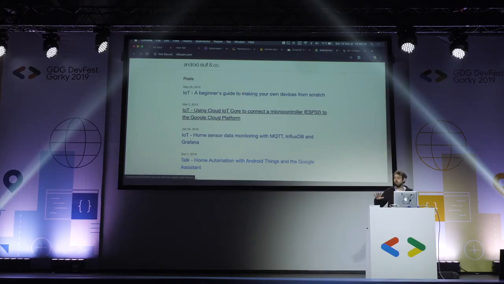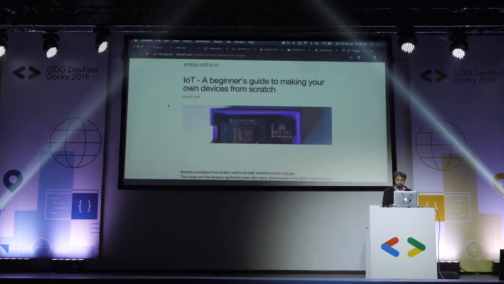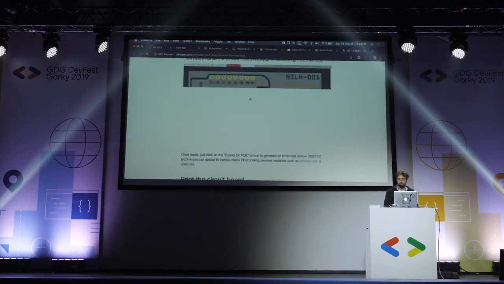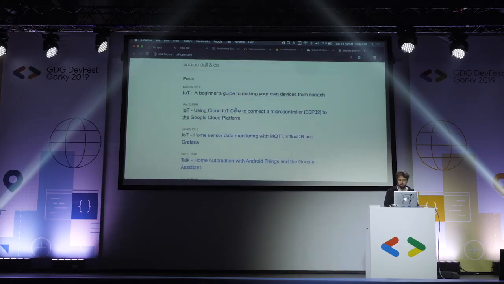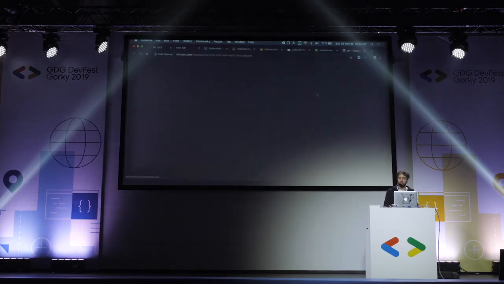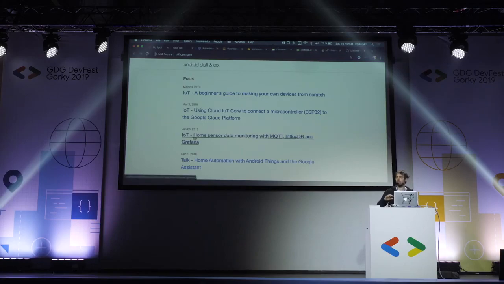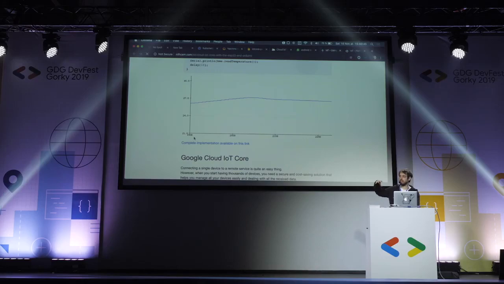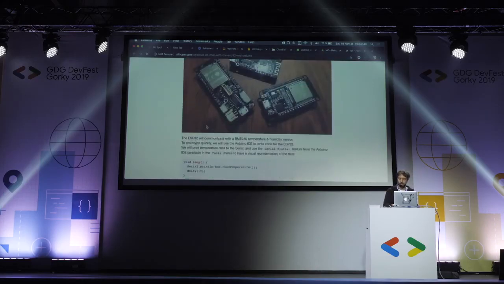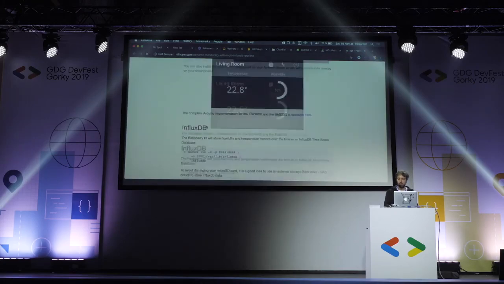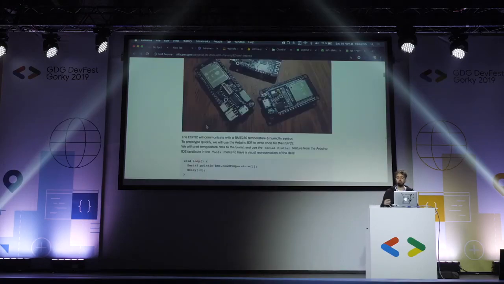Like, if you want to take 2 weeks to learn how to do exactly the same, you can just read those articles. Here, it will tell you how you create a PCB or you print it. But this article is how you connect your microcontroller platform to the Google Cloud. And this one, if you don't want to upload data to the Google Cloud platform, but you want to upload data inside a Raspberry Pi, inside your home, to have data safe and not stolen by any cloud services, you have this article that will tell you exactly how you do it locally without going to Google Cloud platform.